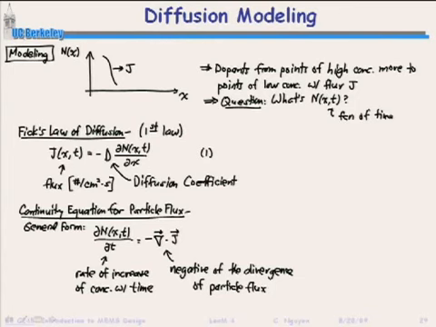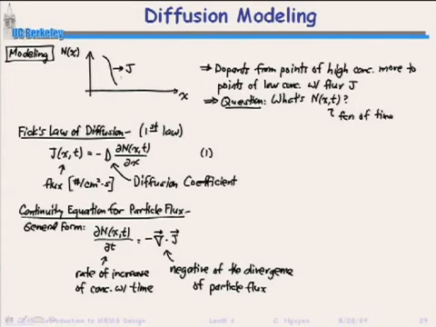If my doping concentration is higher here than here, of course those dopants are going to want to go from here to there, so that in the end, in infinite time, this thing looks flat. You want to equilibrate everything. And that's really what Fick's law is. It's basically just saying that dopants from points of high concentration move to points of low concentration with a flux